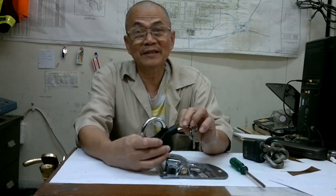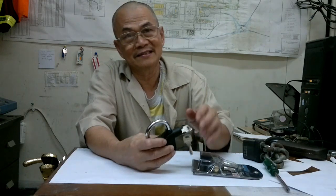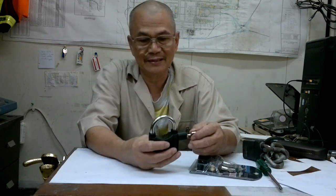Well, I want to make a review of it, and I will teach you how you can enhance it, and do not be too confident with this lock. All you need here is the alarm, right? So